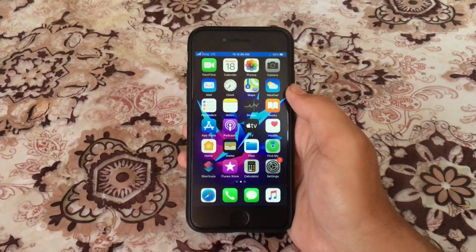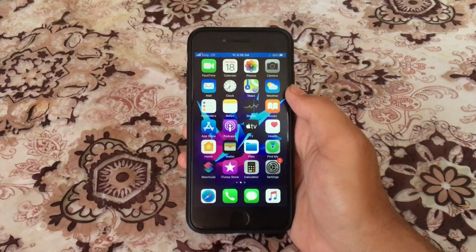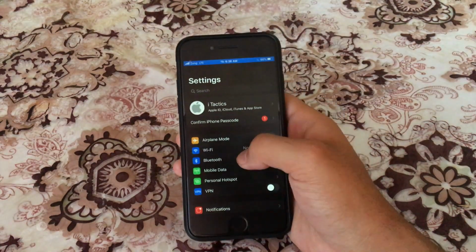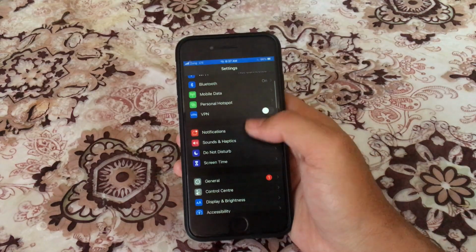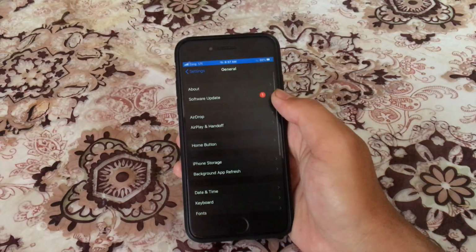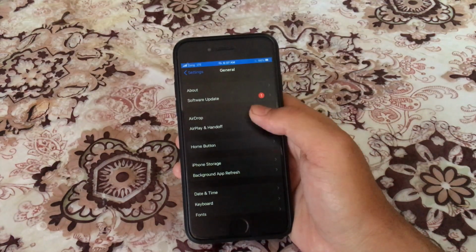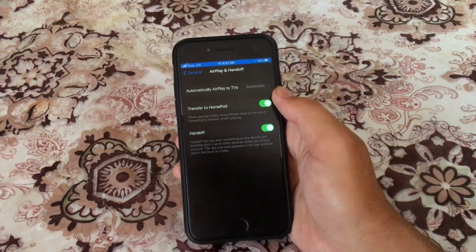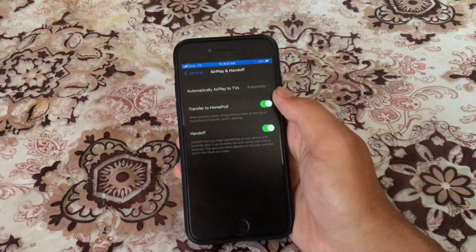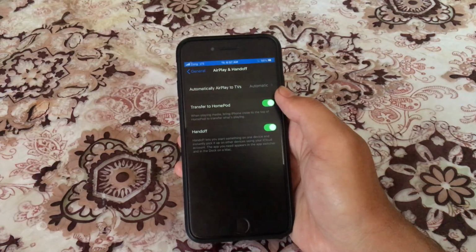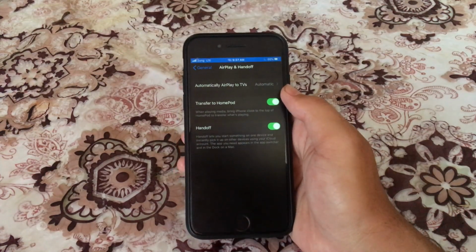The next feature is a fairly new feature, but this one has to do with HomePods and it's called transfer to HomePod. Go to settings, scroll down and head over to general, and right here, AirPlay and Handoff. In Handoff, transfer to HomePod allows you to transfer music as well as any other audio like phone calls directly to the HomePod if you approach it.